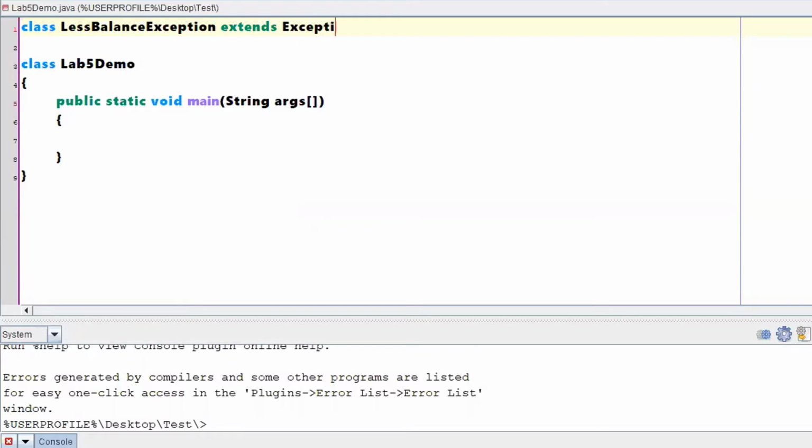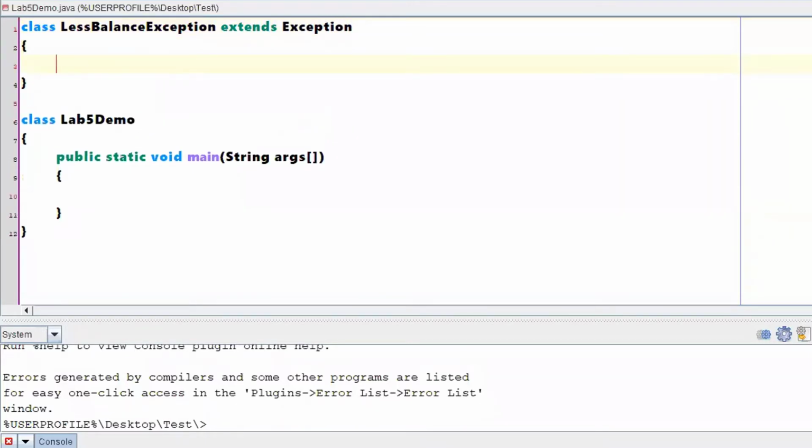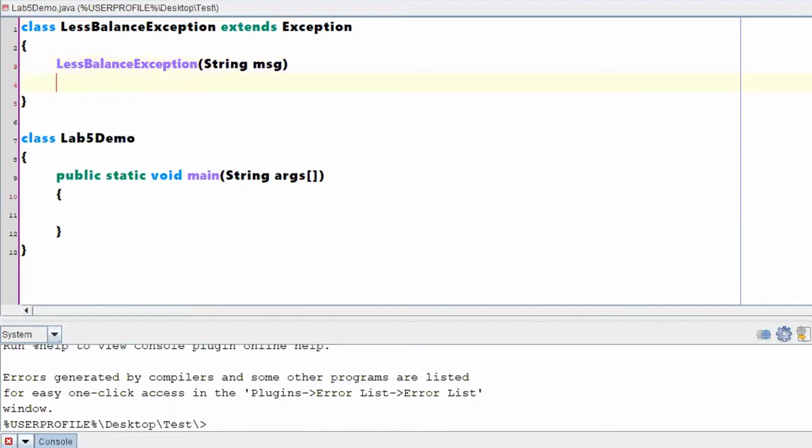You can take the Exception class or you can take the RuntimeException class also, right? Whenever a throw followed by this exception is executed, that means when you are creating an object with respect to throw, correct? There should be a constructor executed. So I am using that constructor.